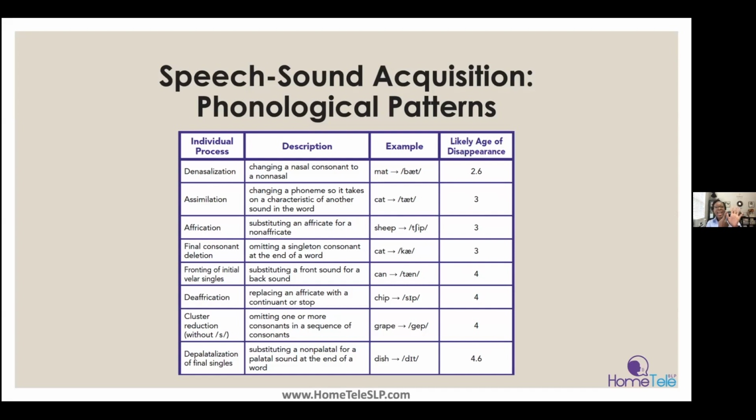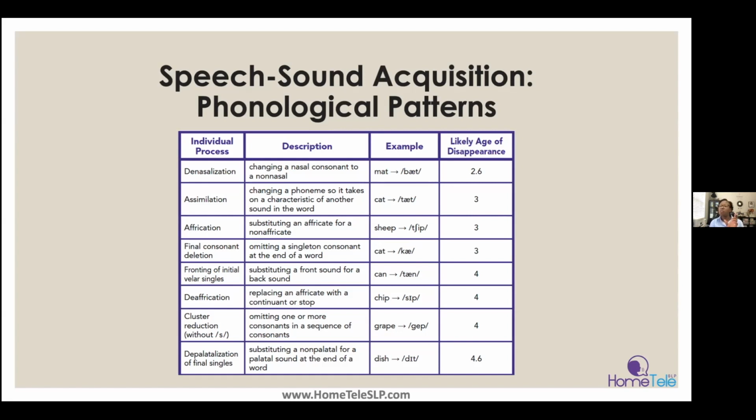G, A, G, E, G, I, G, O, G, ooh, and then try blending it more. I was kind of doing that in the beginning, forgetting that I needed to isolate it just for this example. So maybe instead of doing G, A, it becomes more like G-A, G-E, and you're sliding into the sound, if that makes sense. I hope that's helpful. So looking at this chart, we're talking about speech sound acquisition still and phonological patterns.